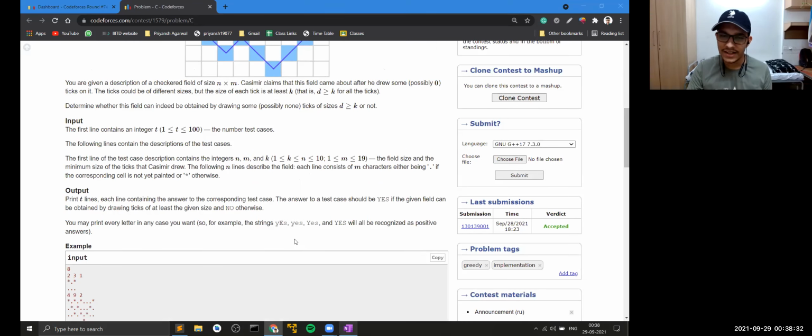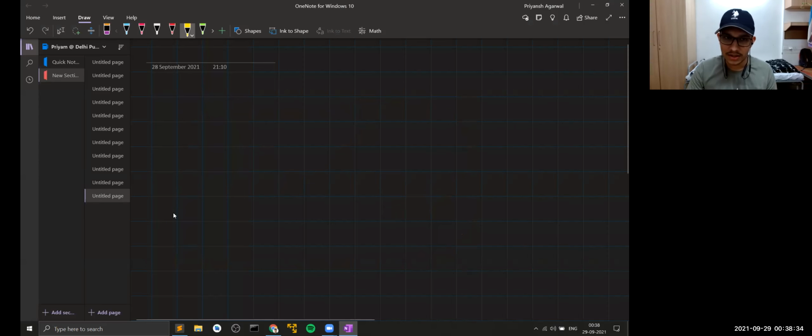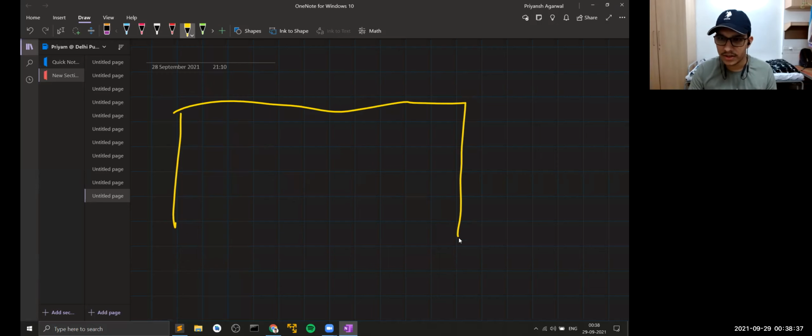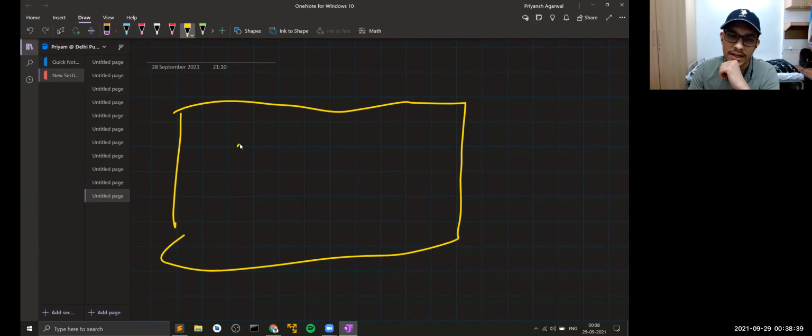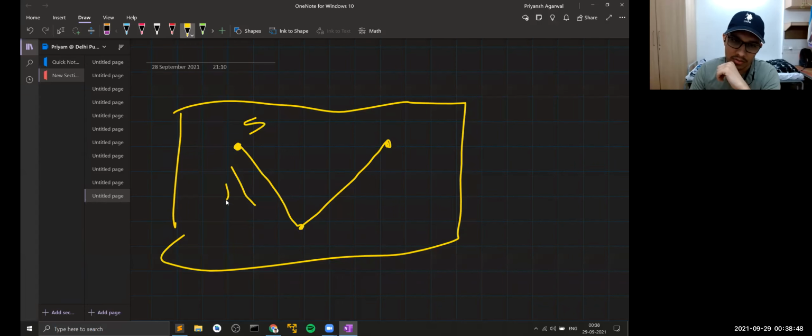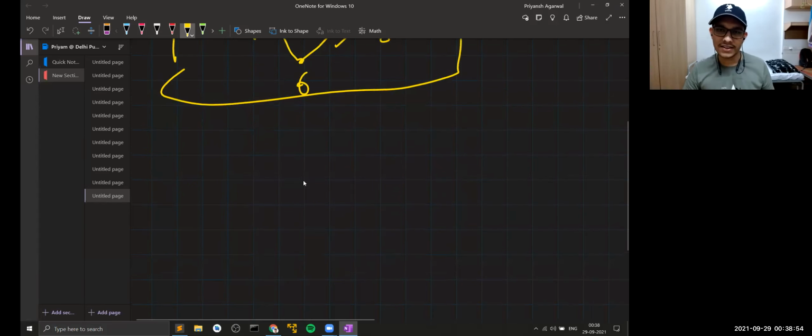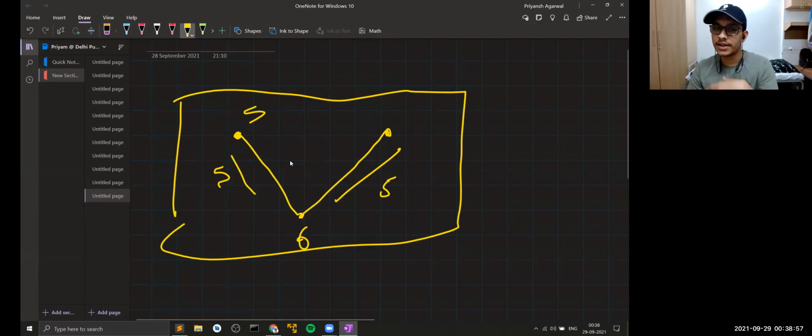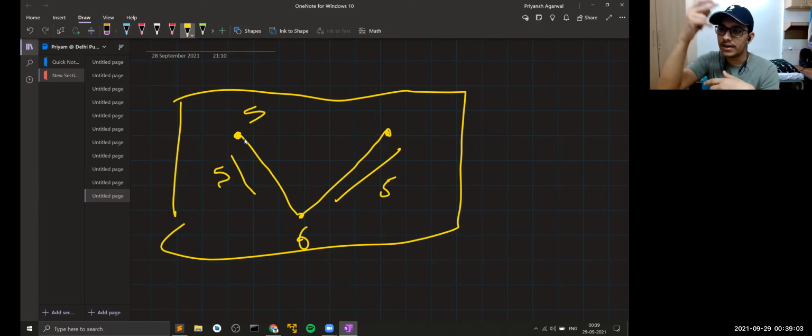If you start implementing this whole problem in this way, it would be very difficult to implement. For example, if you start a tick mark here and you say that this has to be of length 5, then you go here 5, and then you go here 5. In fact, you go 6 here because these are 5. So this is the 6th point, and then you say 5 points again. If you start implementing like this, that I want to make a tick mark of 5 length, then I will go like this. This would become a little difficult because every time you would have to keep track of when exactly you need to switch.